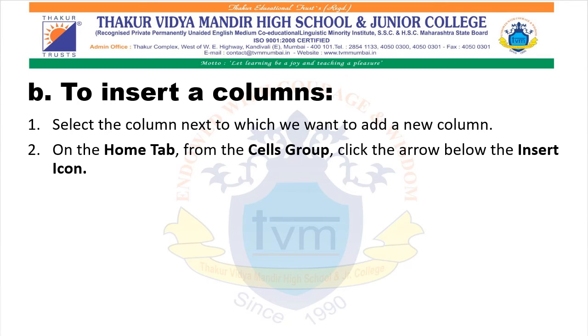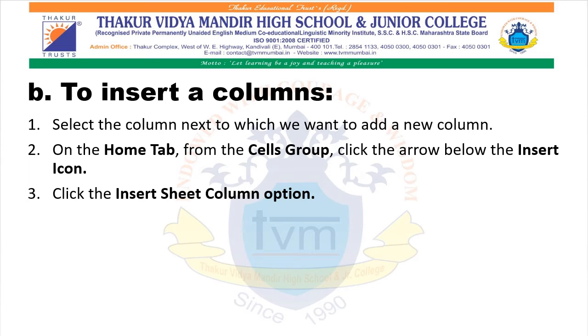Next is step number 2. On the Home tab from the Cells group, click the arrow below the Insert icon. And the third step, select the Insert Sheet Columns option. A new column is inserted in the worksheet. Now the alternative